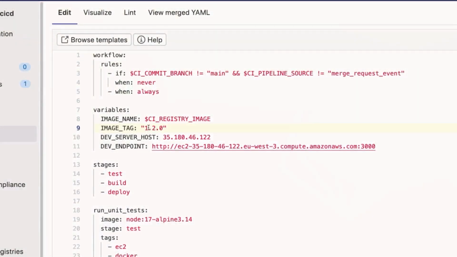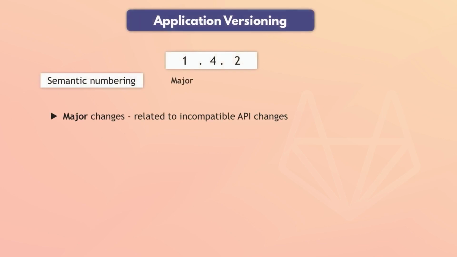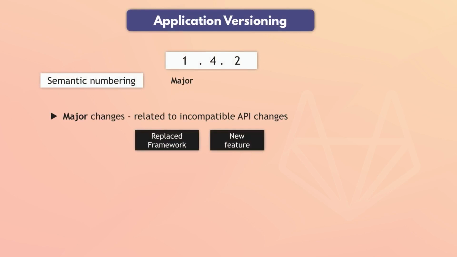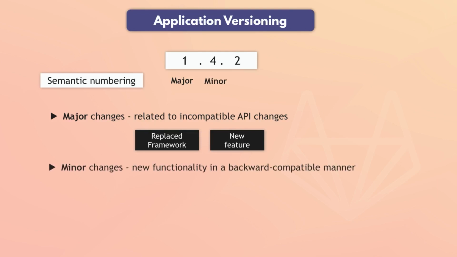So we have the first one, which is the major version for major application changes. This could be like a big code refactoring in our application, or changing or replacing a programming framework, for example. Then we have a second number in our version for minor changes. So that's the minor version. And this could be if we add a new feature or if we did a little bit bigger bug fix